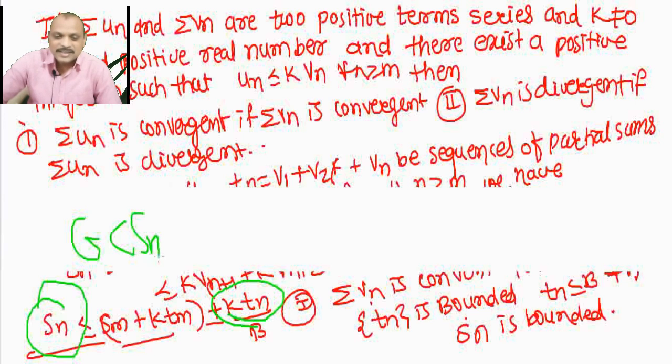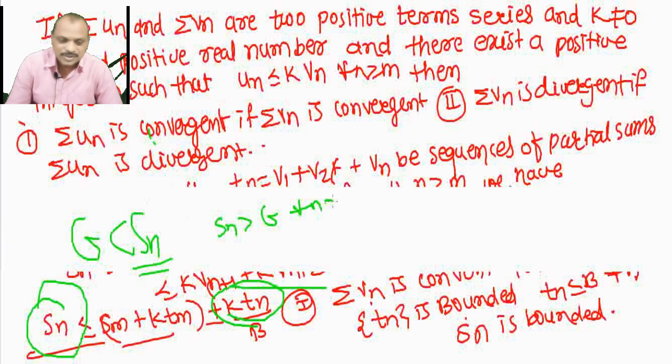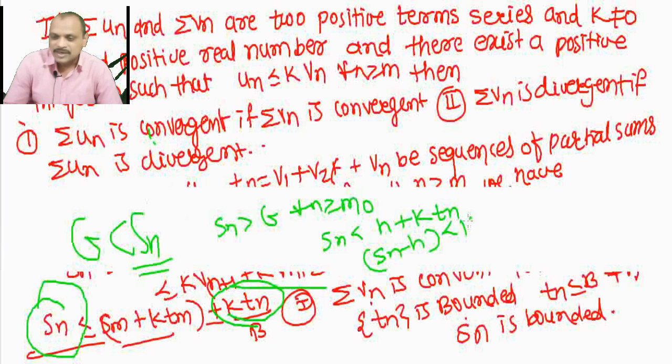If this is greater than g, then obviously Tn is also greater than g, and that means Sn is not bounded above, so Kn is also not bounded above. That means we get that Sn is greater than g for all n greater than or equal to m0, and this shows that Sn is less than h plus k into Tn. So here Sn minus h is less than k into Tn, and this gives